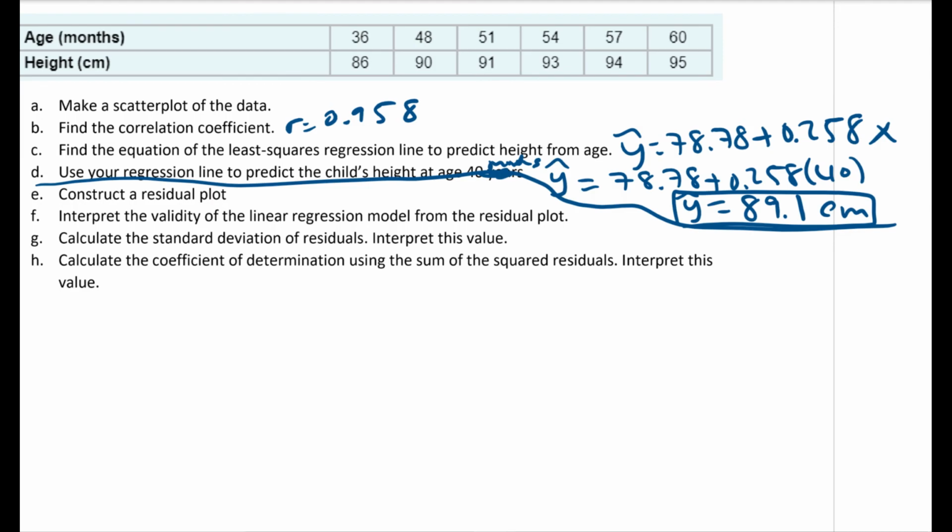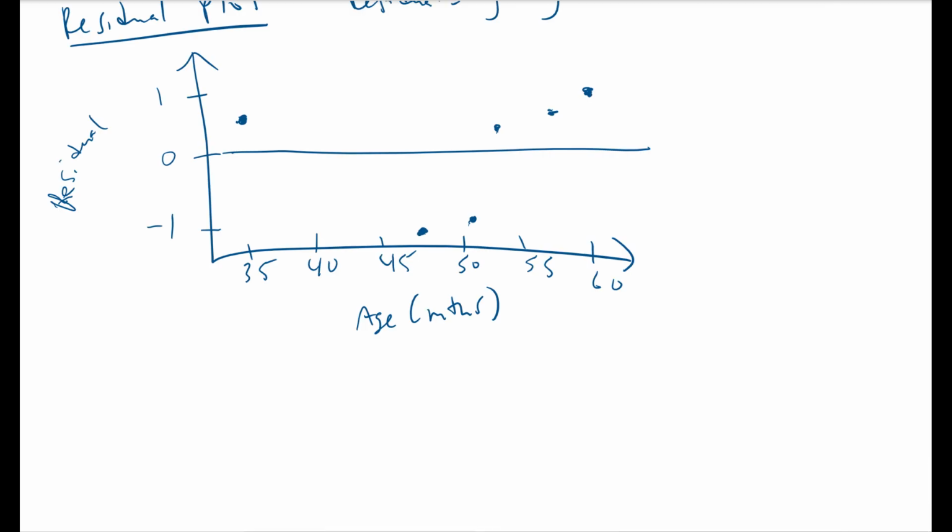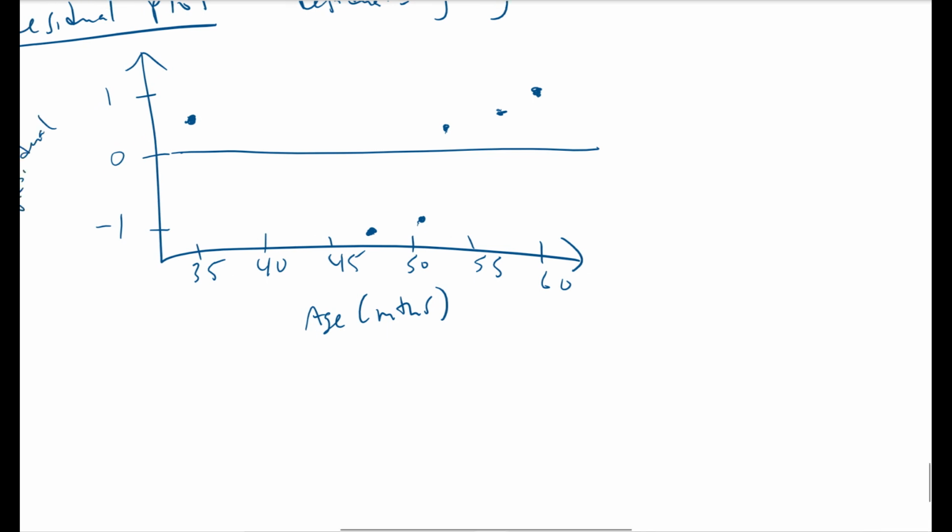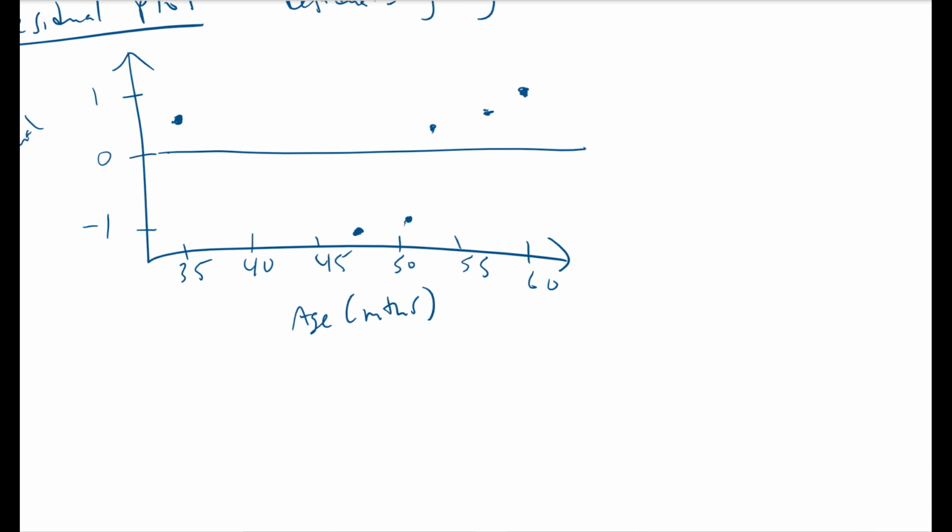Interpret the validity from the residual plot. So, like we said, it's kind of hard to tell from this plot, but there are some up, some down. So it's very hard to tell, so I wouldn't worry too much about that. Usually, I'll give you more data to do this, but we'll say that it seems like it should be fine. It seems random, some up, some down. So validity seems fine